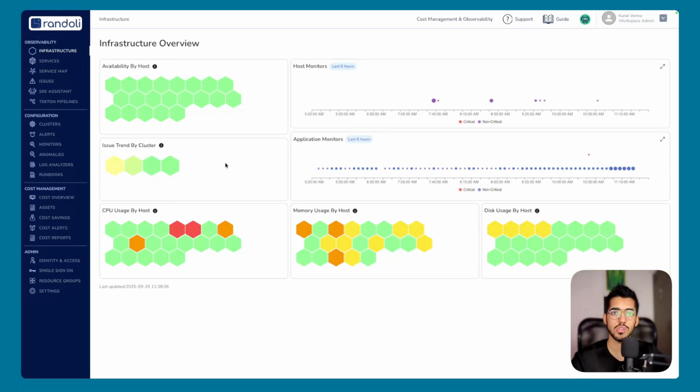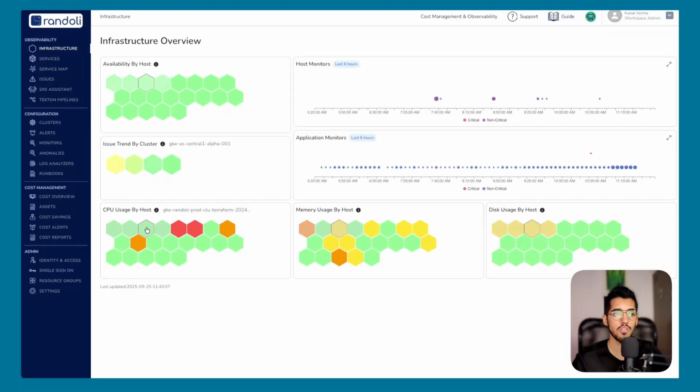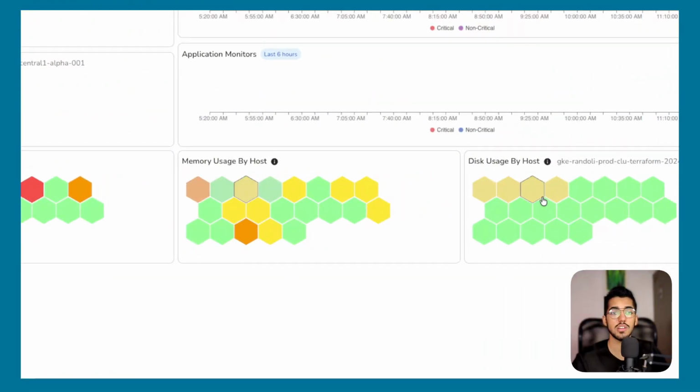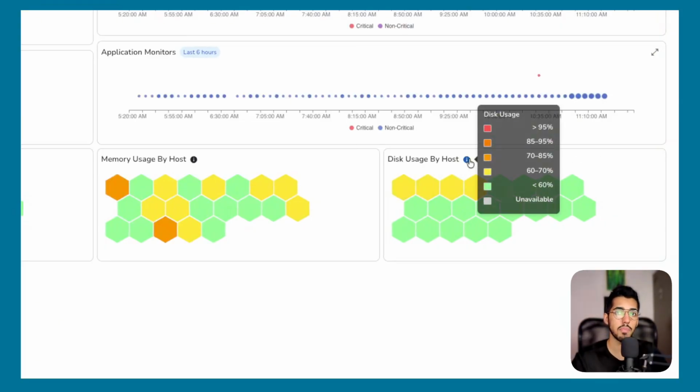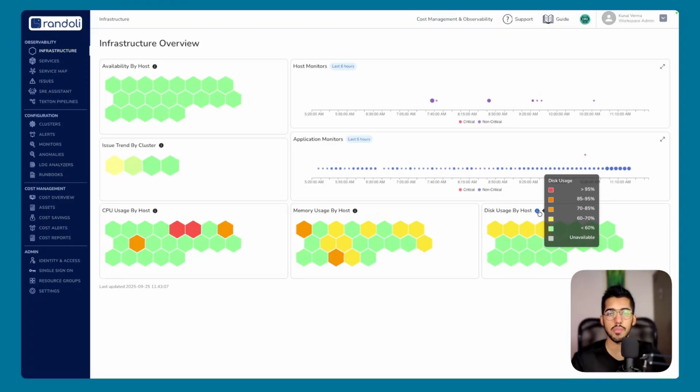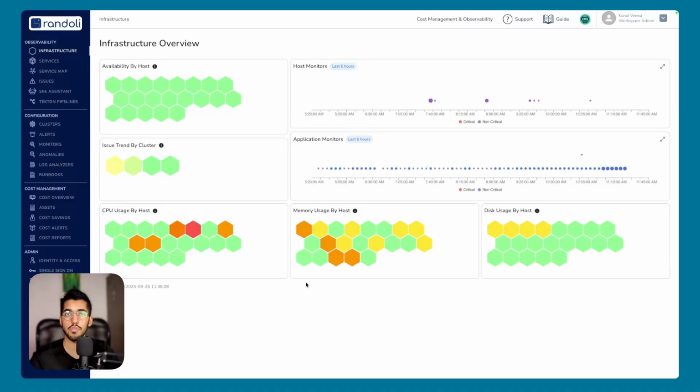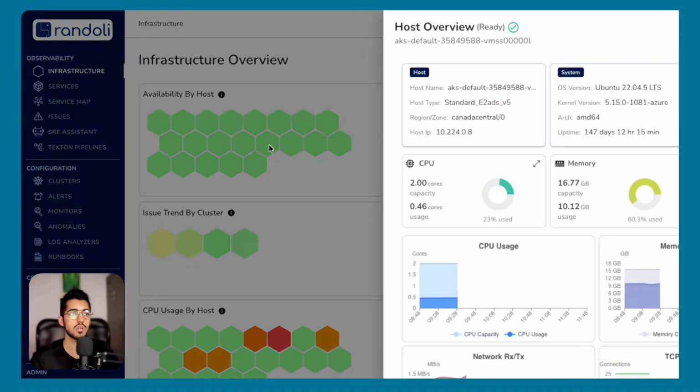Now, monitoring resource health is critical to ensuring overall infrastructure stability. This particular section provides you at a glance view of the CPU, memory, and the disk usage of individual hosts, again using intuitive color coding based on that particular resource usage, which can help you to quickly identify high pressure points or underutilized hosts. Now, what makes this view more powerful is the on-demand telemetry snapshot that you can trigger